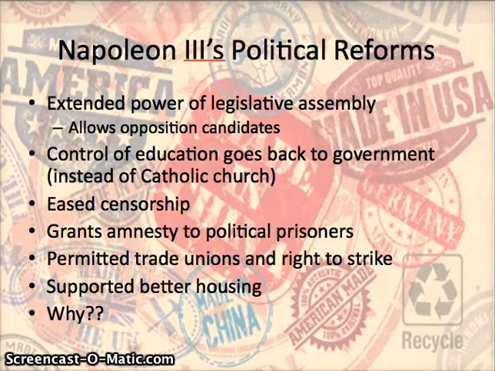So now we'll move on to Napoleon's political reforms in the second half of his rule. You'll remember from the previous video, I was mentioning that you can split his rule up into two parts. The first 10 years or so, he's very authoritarian, doesn't really extend much power to an assembly, and if there are elections, he only sponsors official candidates, which leaves very little room for an official opposition. So we're going to see this change in the second half of his rule.